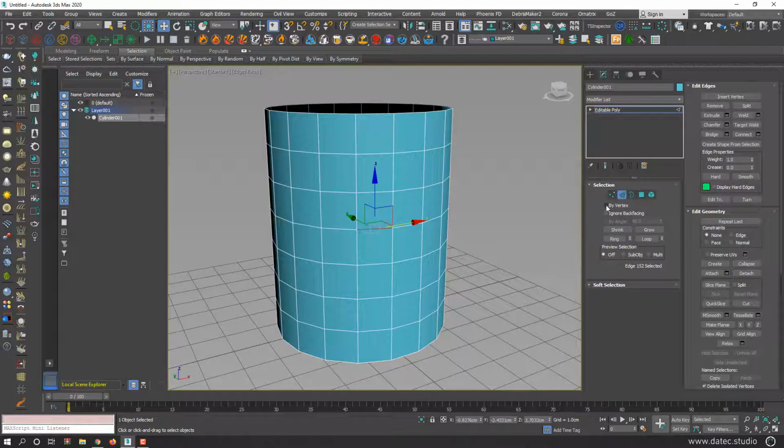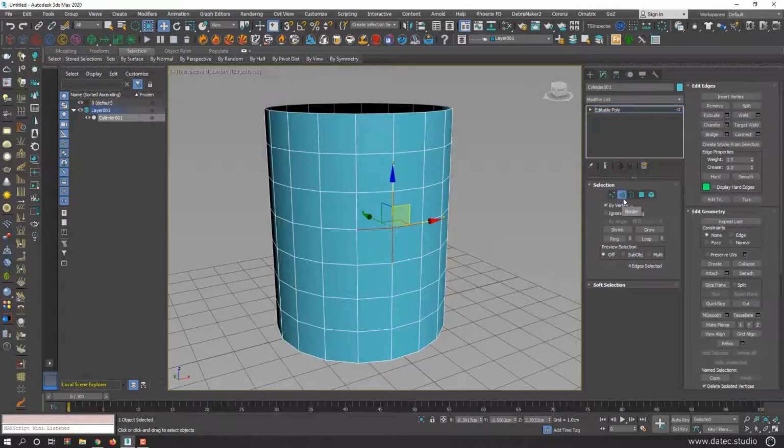Here we have by vertex. Imagine you want to select all these 4 edges. Instead of selecting them one by one, as you see, these 4 edges have one common vertex. So if I enable by vertex, and once I click this vertex, all edges are common in this vertex will